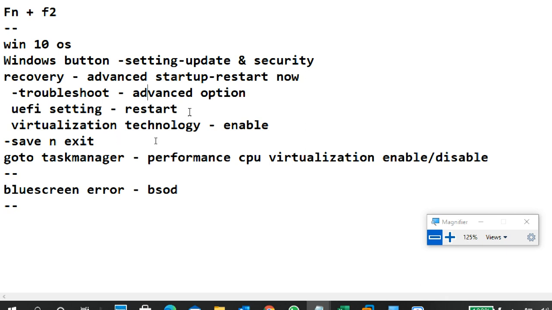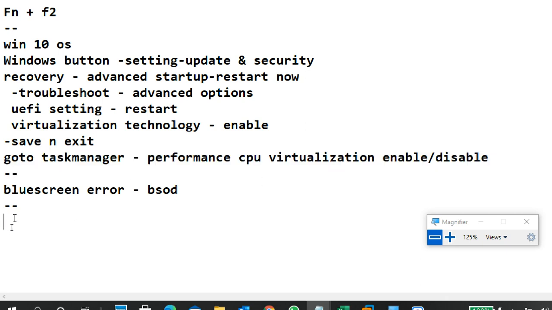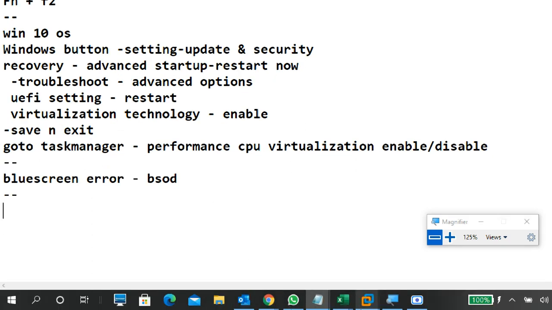Troubleshoot, it is showing advanced options, UEFI settings. Select the UEFI settings, click on restart, go to virtualization technology and enable it. Then verify with your task manager. That's it. This is how you can enable it.